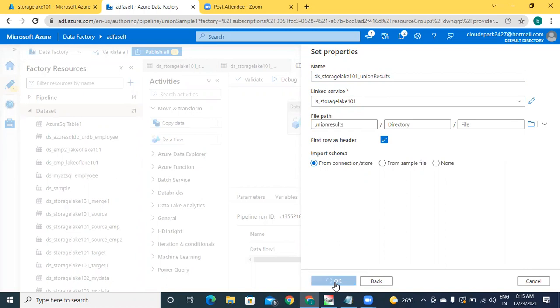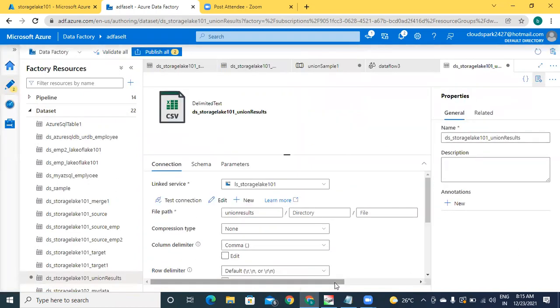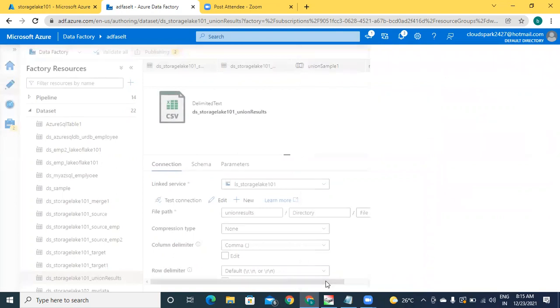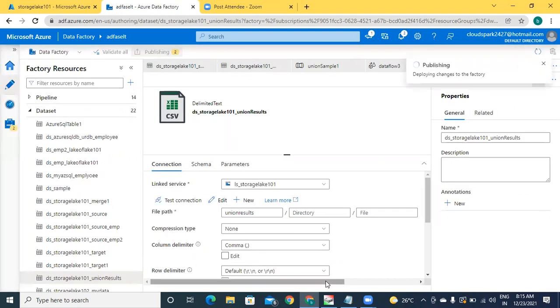Remaining as usual. Data set ready. Now you can create your pipeline. Okay. The pipeline creation is very simple here. So first let me publish this. Yeah, successfully completed, sir.